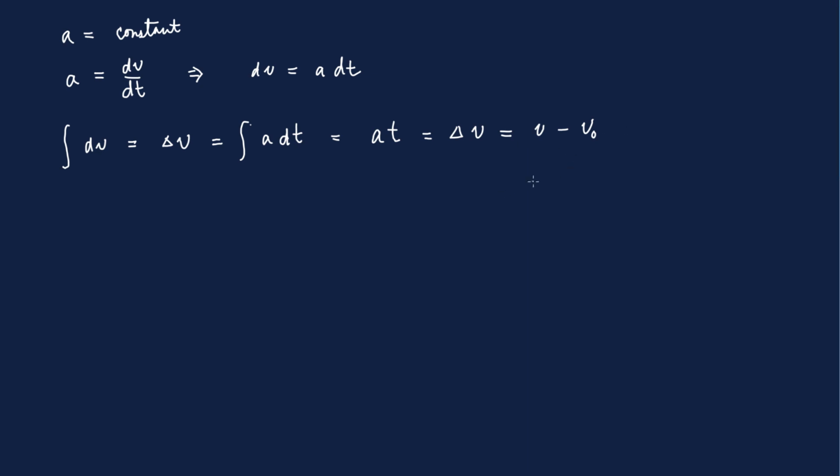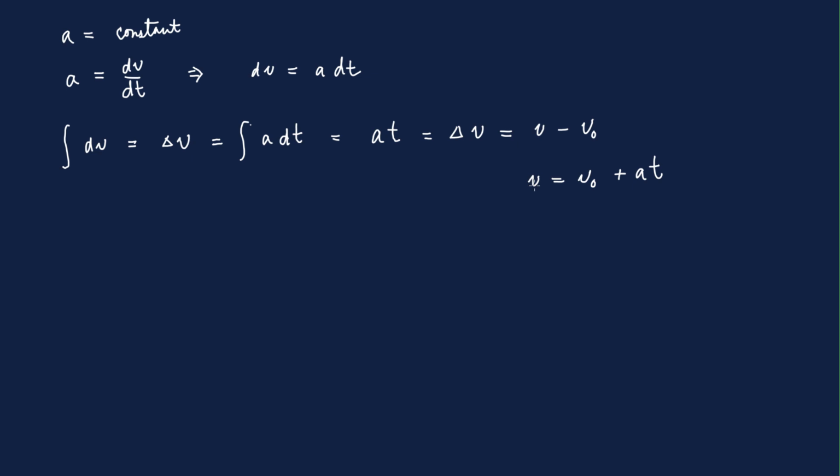Well, with a little bit of algebra here, I get sort of a side result that's very familiar, and that is that the final velocity is equal to the initial velocity plus a times t. This is familiar to me because not only is it the definition of acceleration when you stir it around, but also it's an equation that I use to find the final velocity when I'm solving problems of motion with constant acceleration. I'm not done my derivation though, because this quantity that I have on the left-hand side here, v, is